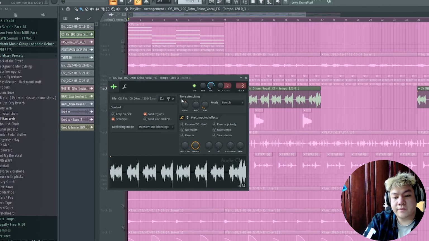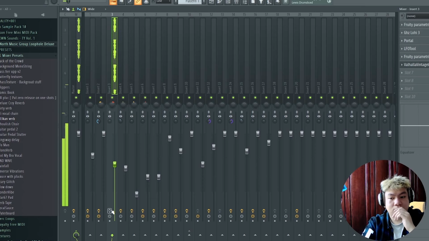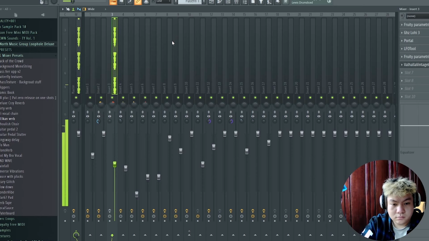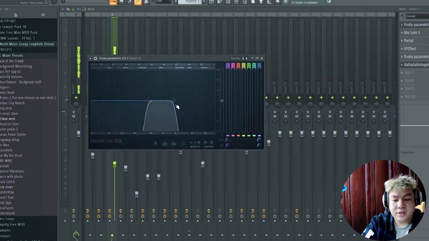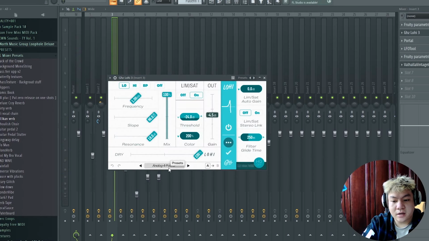Then I got this vocal chop. Without effects, it sounds like this. So I use the EQ to cut out low and high, and Good Hertz low high with this Analog 4